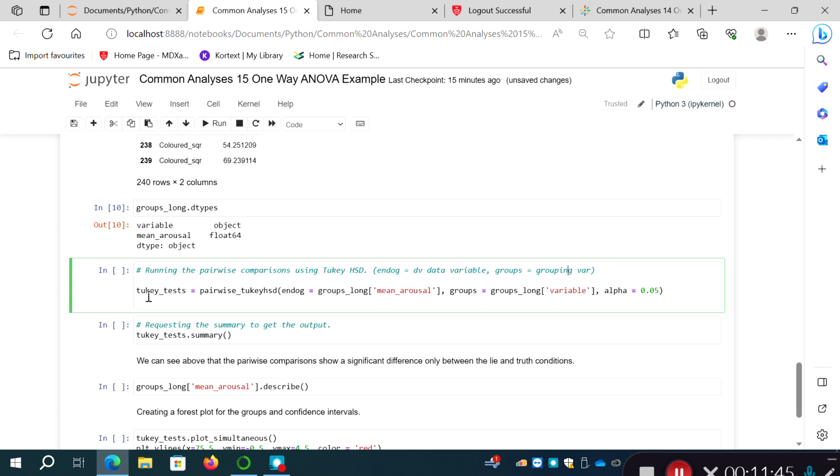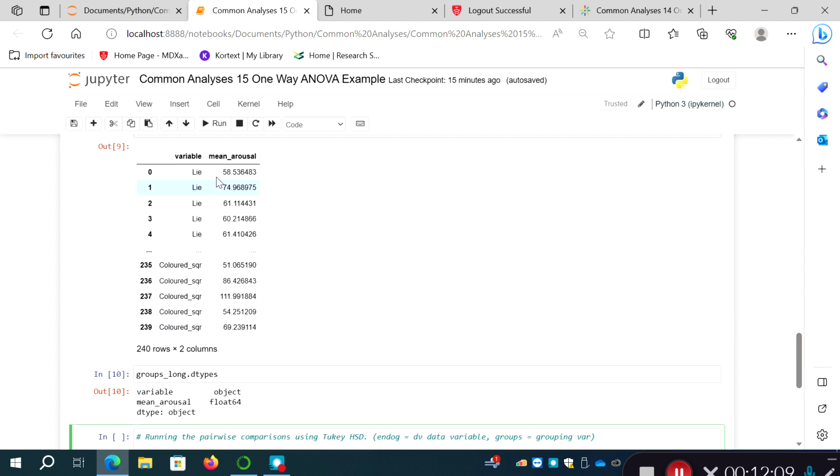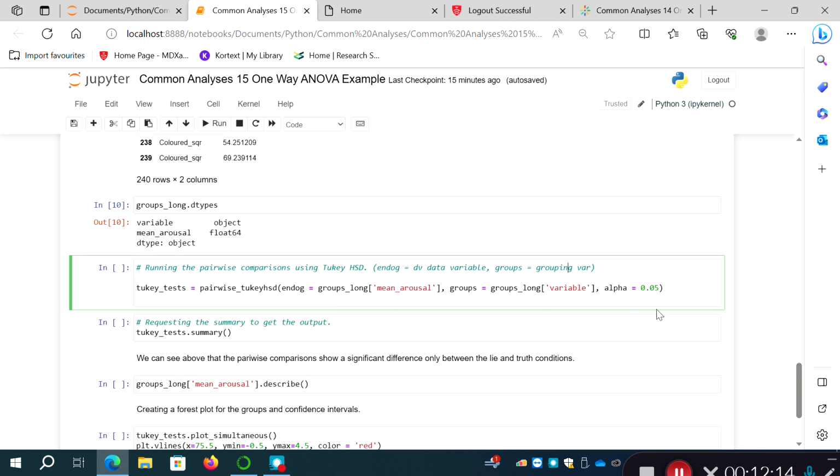So what you can see here, I've created this object called tukey_tests. We're using the pairwise_tukeyhsd method from statsmodels. Our DV, labeled as endog, is going to be groups_long. So we're taking it from this groups_long data frame object, and it's mean arousal, so it's these scores. And our groups are going to be the variable from groups_long. It gave it the label variable because we didn't specify anything else, and that's just the different categories. All right, let's run that,